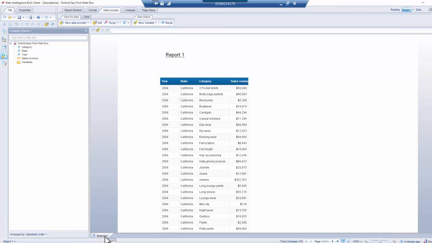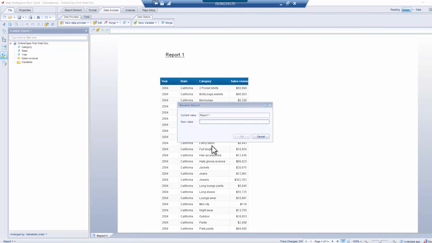Down at the bottom, do you see this tab called report 1? So a webby document can have many different tabs. Just like in Excel, you can have many different tabs. And the tabs here are called reports. So I can basically right click and rename this. I can call it